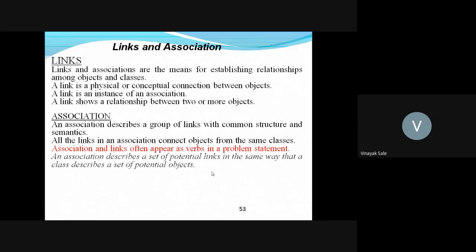That is linking. There is a relationship between objects and classes. A link is a physical or conceptual connection between objects.